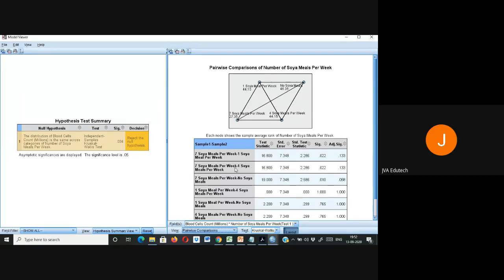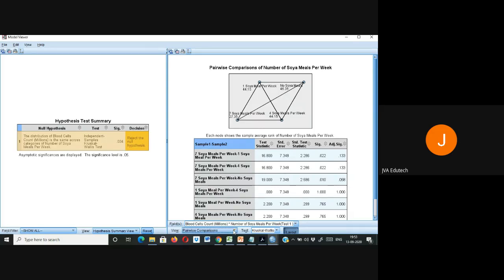But if we take these two groups and compare with these two, then there won't be any significant difference because the test statistic remains the same. So what overall we can conclude from this is that the blood counts were significantly affected by eating soya meals, at H, at the degree of freedom 3, comes out to be 8.66, that we have already seen from our table. P is 0.034.